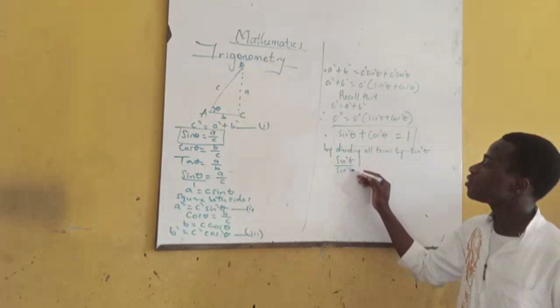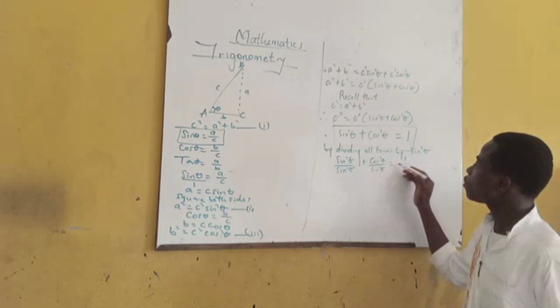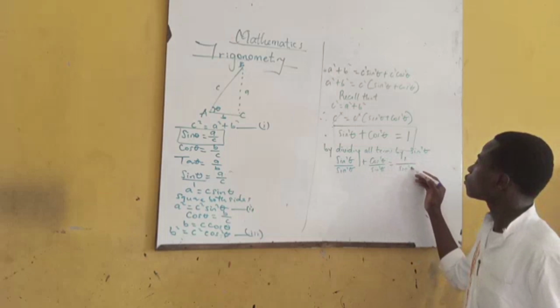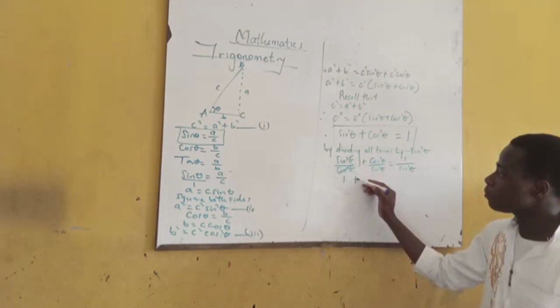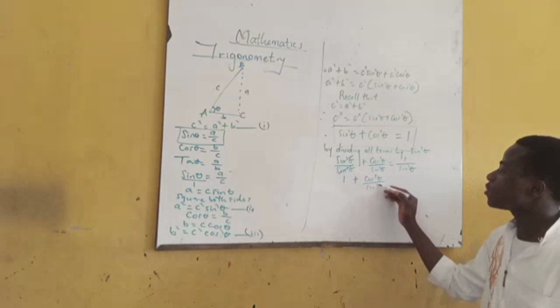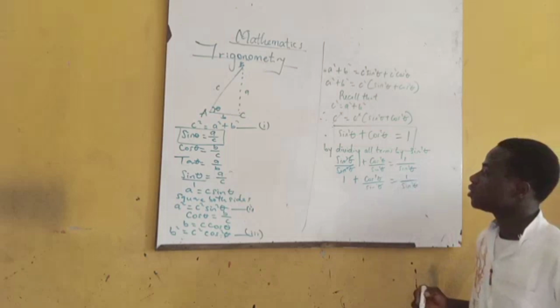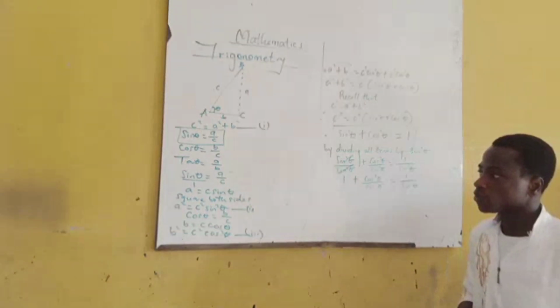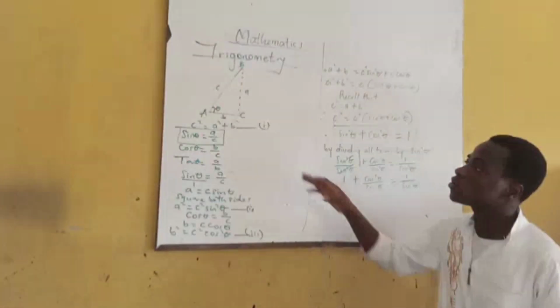Sine squared theta, also plus cos squared theta over what? Sine squared theta equals 1 over what? Sine squared theta. So if this cancels this, you are having 1 plus cos squared theta over sine squared theta equals 1 over what? Sine squared theta. And also under sine, cos, and tan, when we deal with angles, angles have